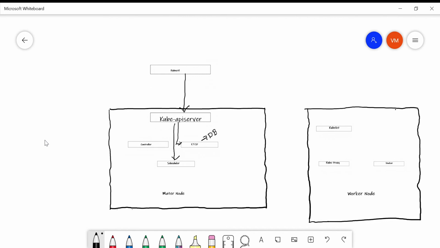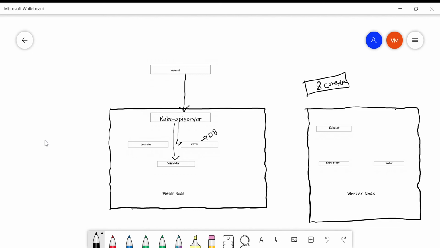For example, let's say that you have 5 worker nodes, and you want to create a container with some resources. Let's say you want to create a container that needs 8 cores of CPU to run the application inside the container, right? So the scheduler will check all the nodes and see which nodes have more than 8 CPU. It will shortlist those worker nodes that have more than 8 CPU.